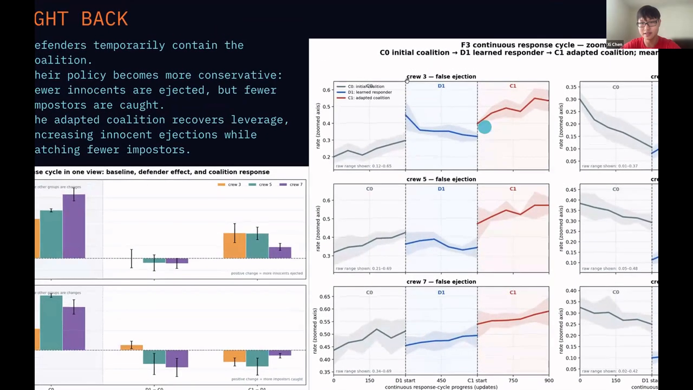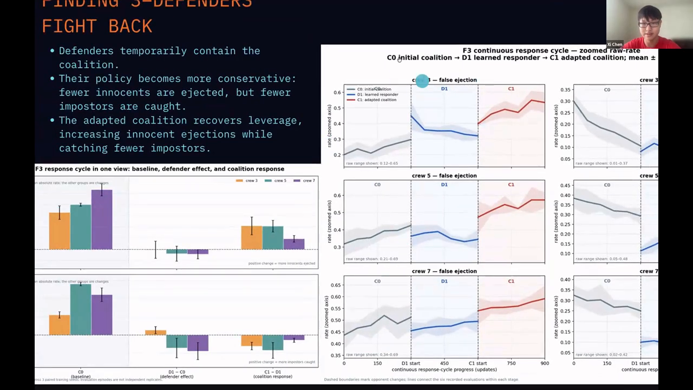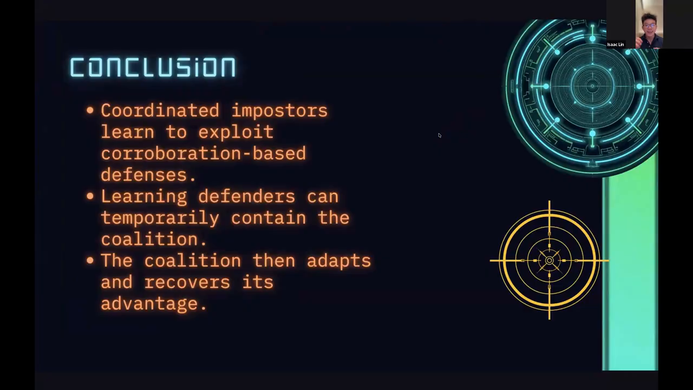This is relatively consistent across all differing crew sizes of 3, 5, and 7. Coordinated imposters will learn to exploit corroboration-based defenses, and learning defenders can temporarily contain the coalition. And lastly, the coalition then adapts and recovers its